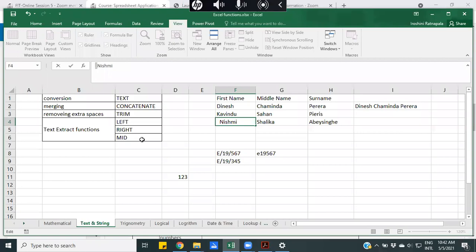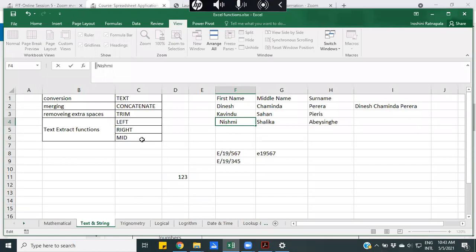Accidentally, when we are typing our data, we are not noticing it. Even for me it's not very clear, I just see the text. When we are typing, extra spaces in front of the text as well as behind the text can happen, right?